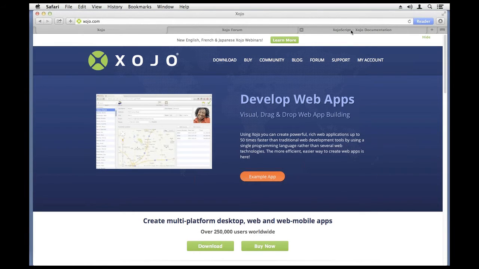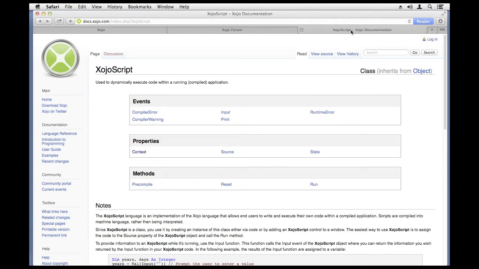All right, so I'm going to just click right here on the language reference page for XojoScript. This is where you're going to find pretty much all the specific details, the nitty-gritties, but we're going to go through quite a few examples today, and hopefully they'll give you some ideas for why you want to use